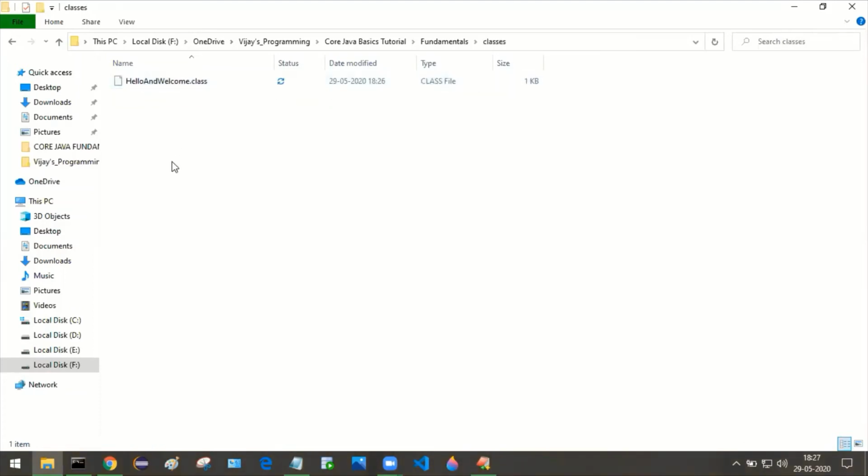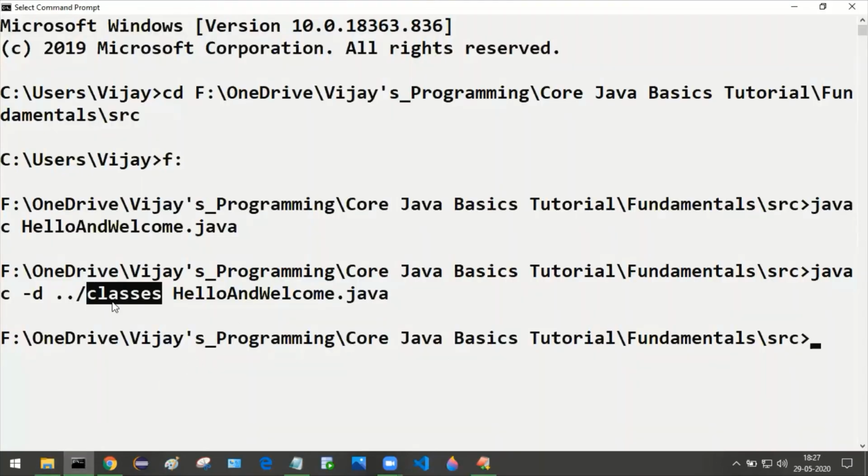Here you can find that HelloAndWelcome.class has been generated. So this is basically how we can separate our .class files and .java files, right? So this is the usage of this -d option.